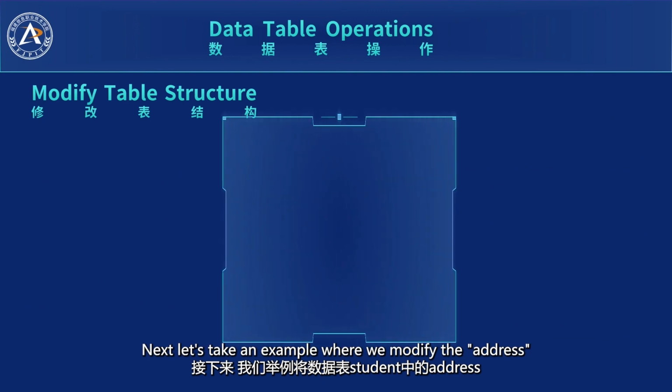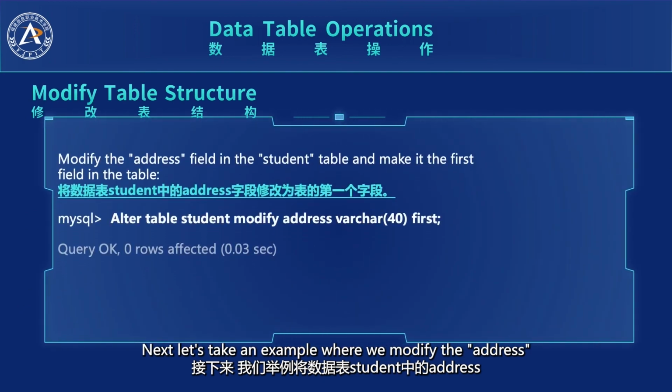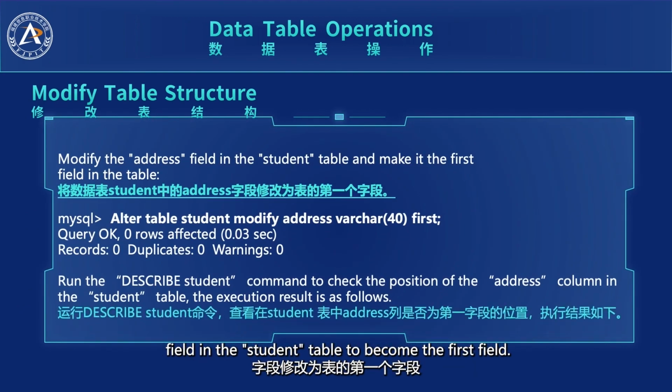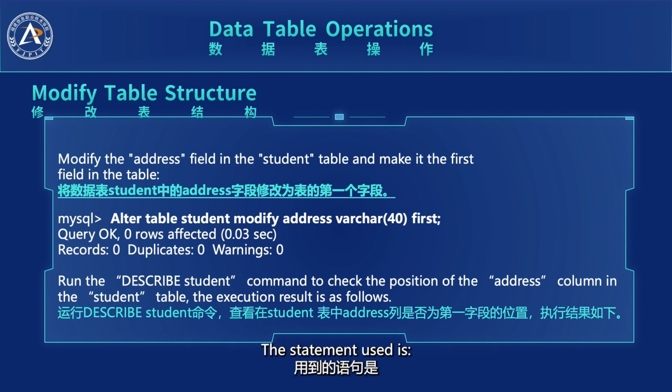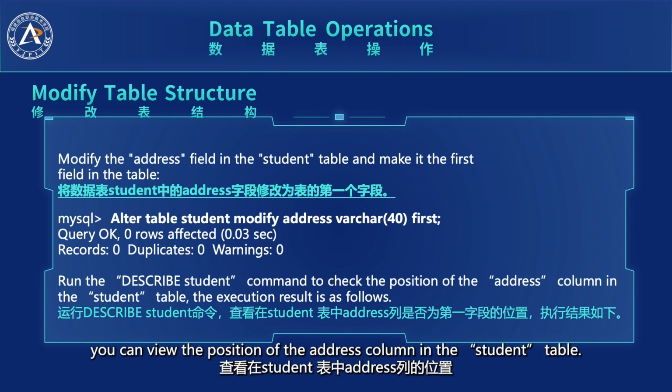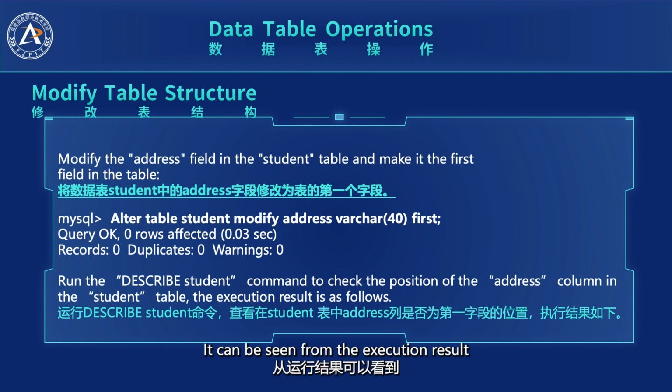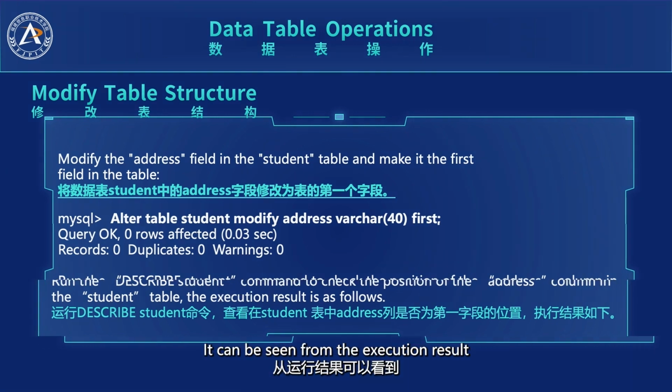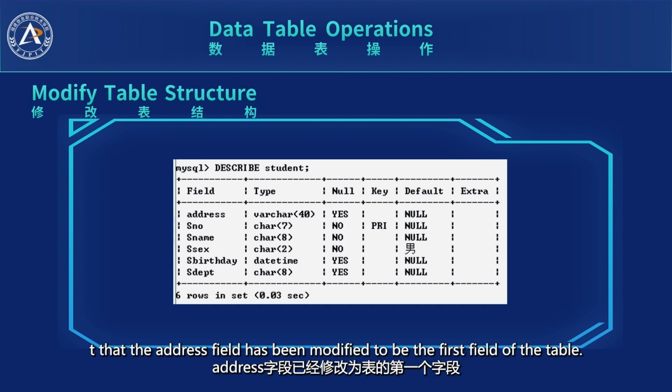Next, let's take an example where we modify the address field in the student table to become the first field. The statement used is alter table student modify address varchar 40 first. Running the describe student command, you can view the position of the address column in the student table. It can be seen from the execution result that the address field has been modified to be the first field